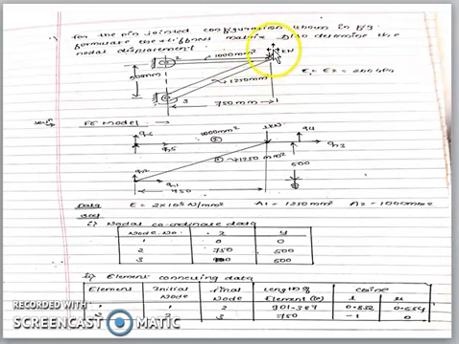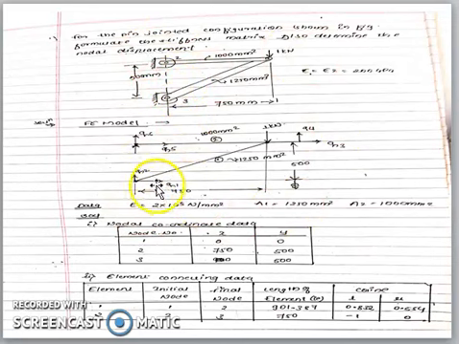Now I'll go with the procedure, which is the same as that of the 1D bar element, the same FE model. Second step is element stiffness matrix. Third, assembly of element stiffness matrix. Fourth is element load vector, force vector, apply the boundary condition, solution and result. So here also the same thing: first one is FE model, so draw the given figure into the FE model.